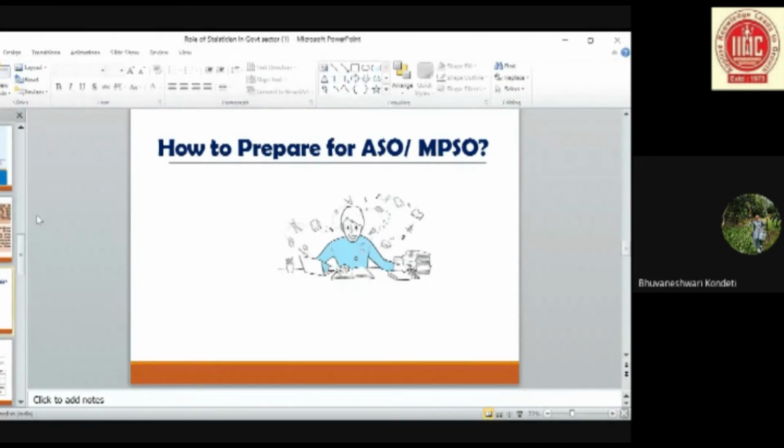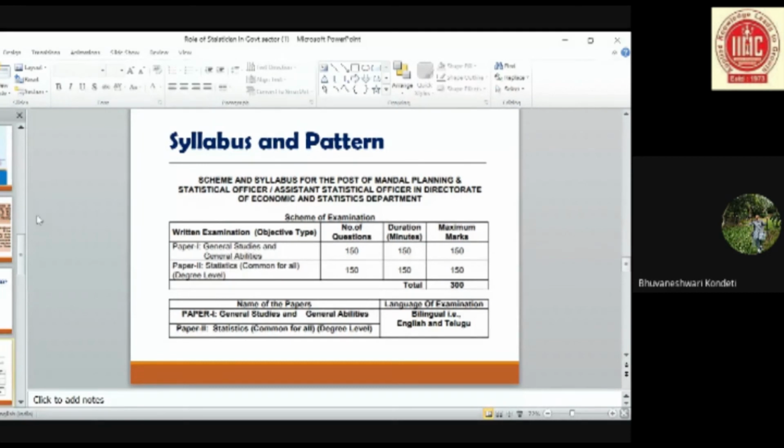That means you all can apply because you are studying 3 years of statistics, and even BCom people study business statistics, so they can apply for this job, and BA people also can apply. So coming to syllabus and pattern, we have two papers, paper one and paper two. Actually, why I'm discussing this is because you're all graduates now, or going to be graduates soon in statistics, and